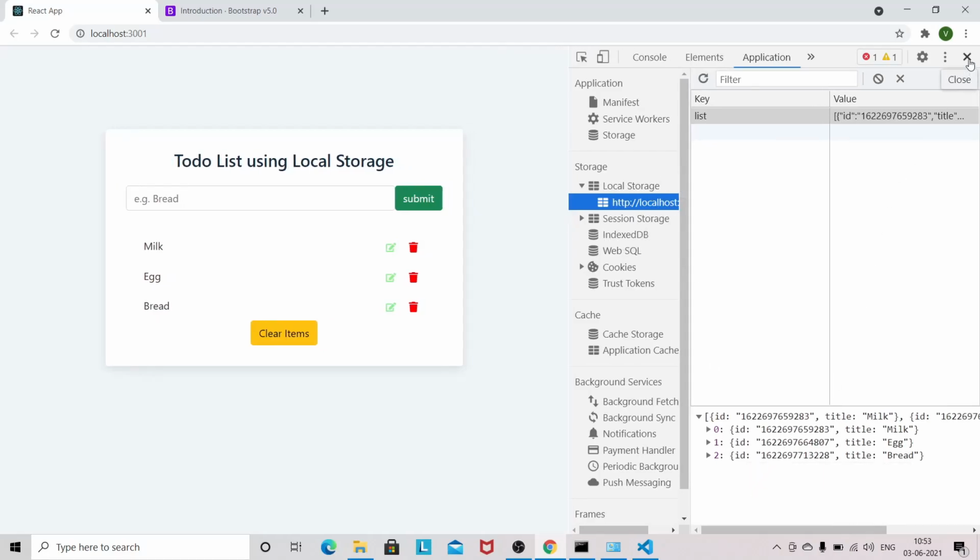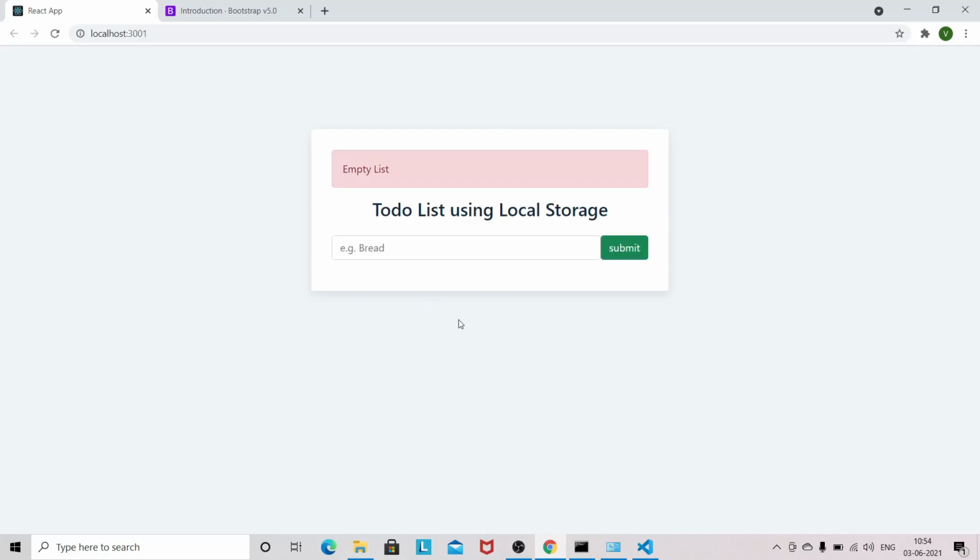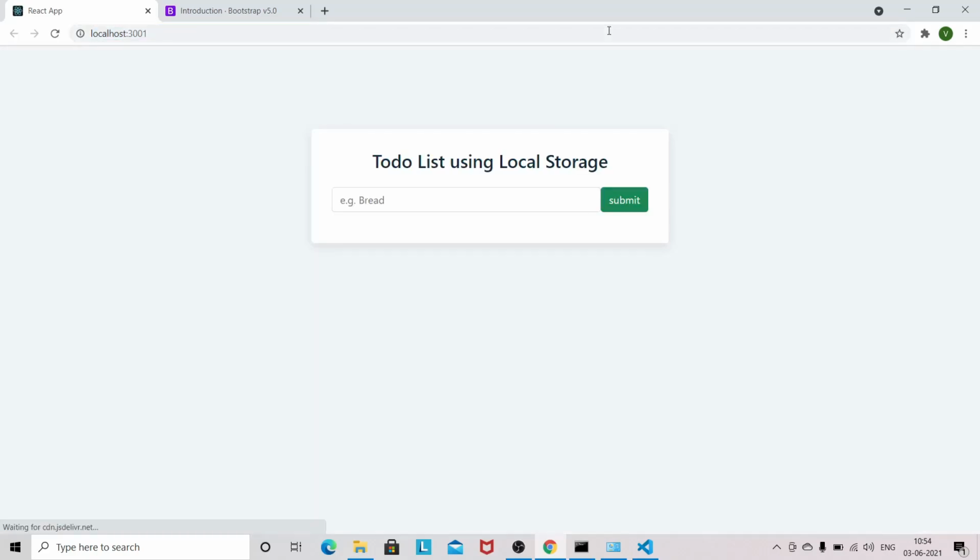Once you reload the page, it fetches all the 3 items. It checks the local storage, and if an item is there, it shows the item from the local storage. If it's not there, then it won't show. So let's assume I remove all the items. As of now the list is empty, and if you reload, the list is gone. So there is no list in the local storage.